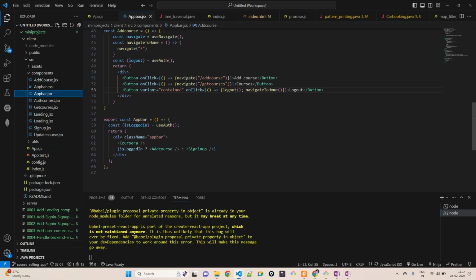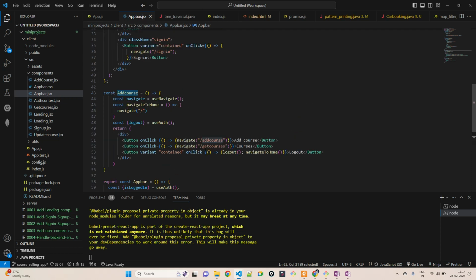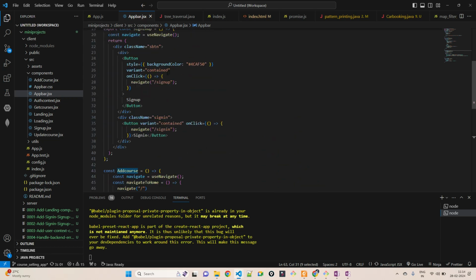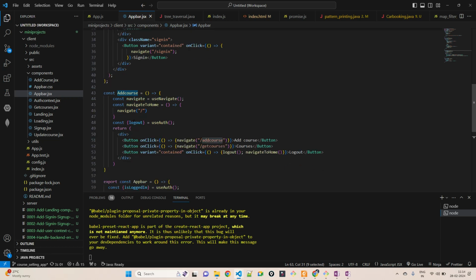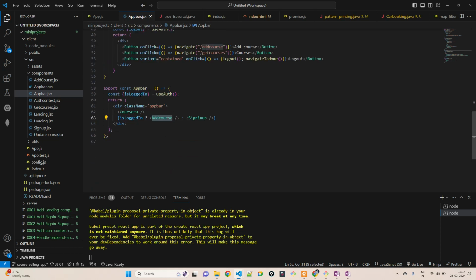If the user is logged in, I'm calling add course. The add course will display the add course and the logout button. If the user is not logged in, I'm calling the sign up component. The sign up component will display the sign up and sign in buttons. Simple. But how I get the information whether the user is logged in or not is using this context API